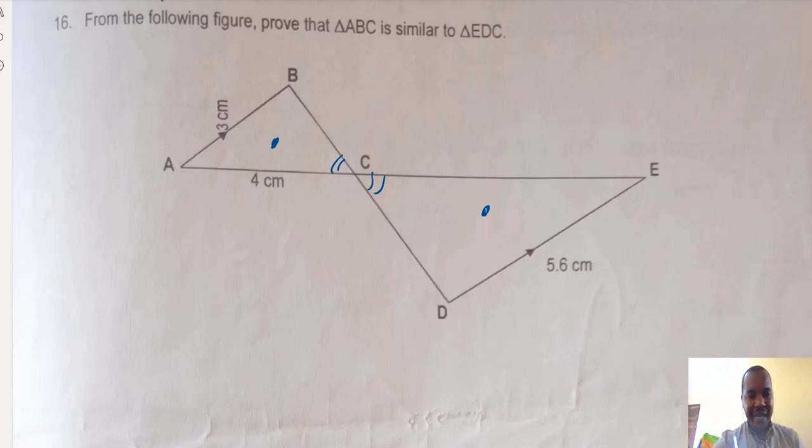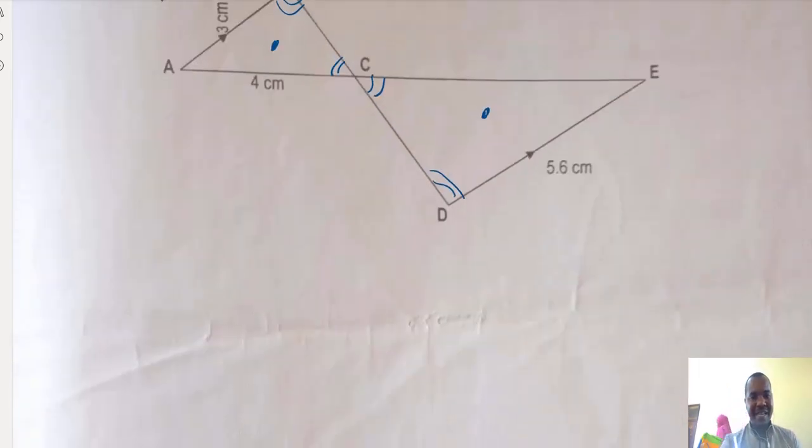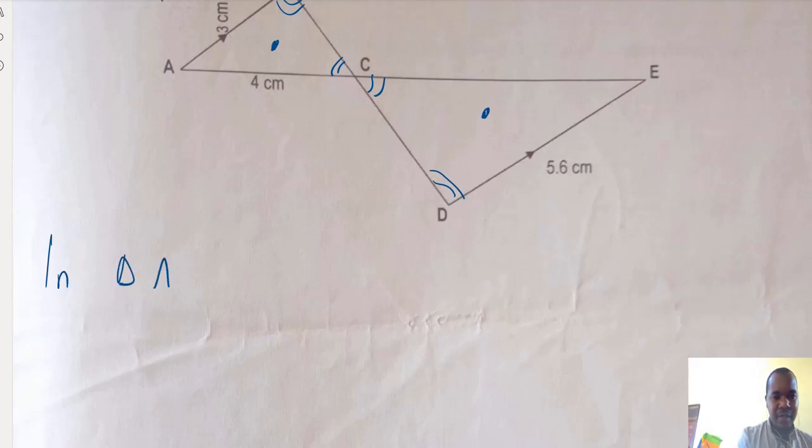And because this line AB is parallel to DE, this angle here will be equal to this angle here. And eventually the third angle also will be the same. So we can say that in triangle ABC and triangle EDC,